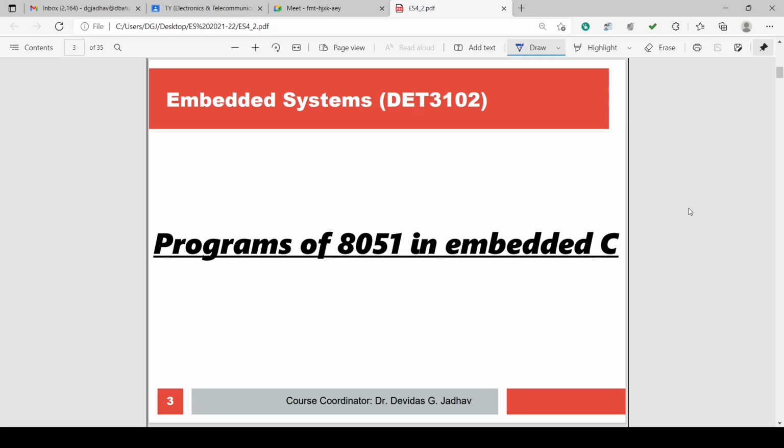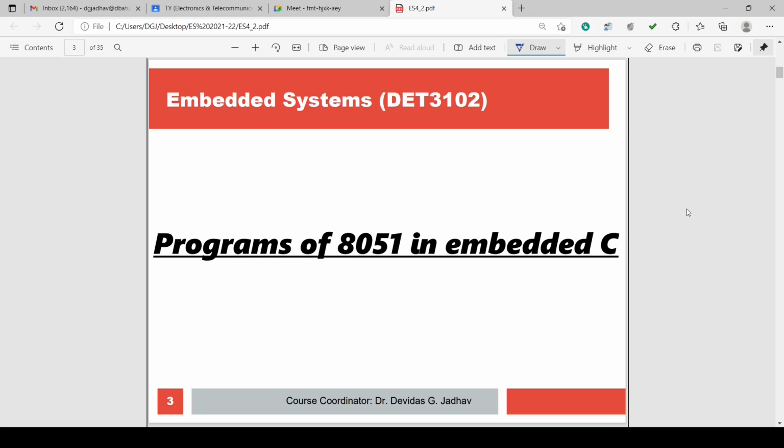In the debugging session, we can run or execute the code. That simulates the code, and when we run it, we can observe the outputs on the peripheral I/O ports, whatever is output on the I/O ports. We have done this for a few programs in the previous lecture, and we will continue the remaining programs in this lecture. So let us switch to the Keil MicroVision 5 software package.